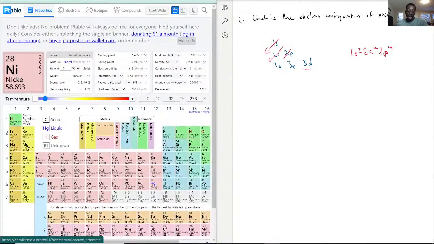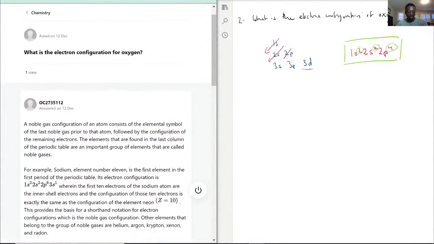The important thing is knowing how to count through, because if you're ever unsure, just count through each element, notice which element number whatever you're trying to find is, and make sure that these values here should add up theoretically to your element number. Oxygen is the 8th element, and as you can see, if I add the 2, 2, and 4, I can say that yes, this represents oxygen because I have 8 in total here. So that will be the electron configuration for oxygen, okay? So, with that being said,